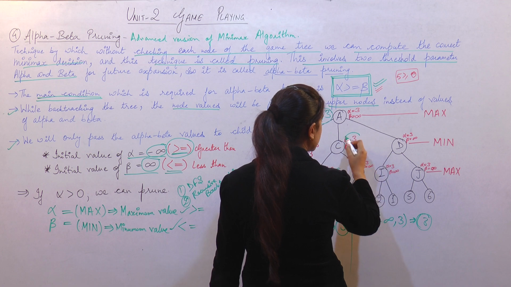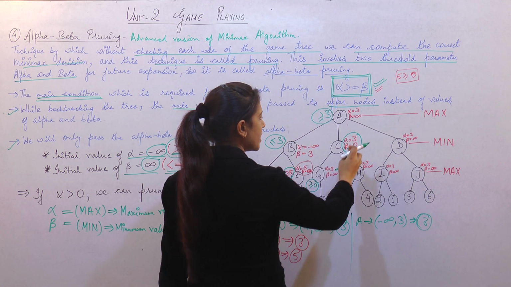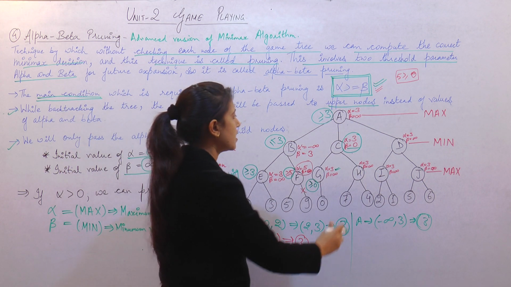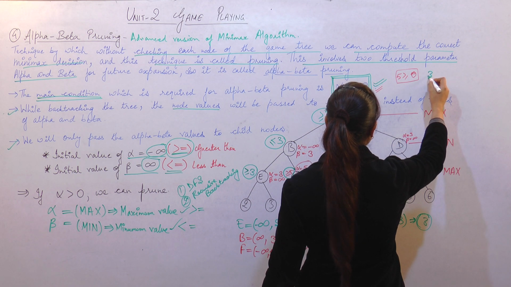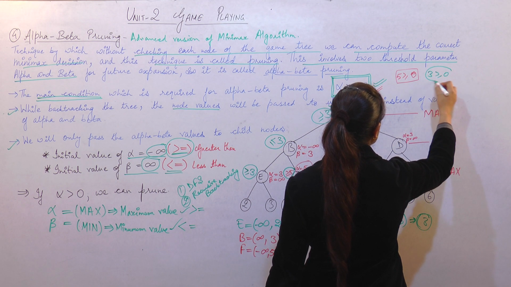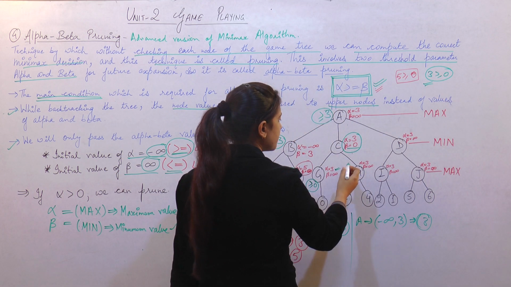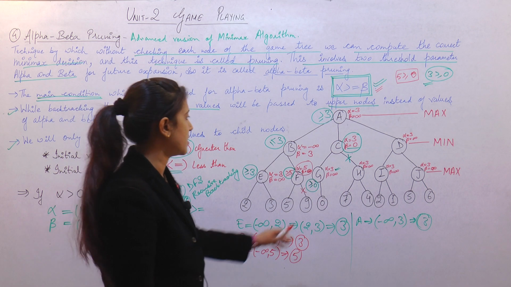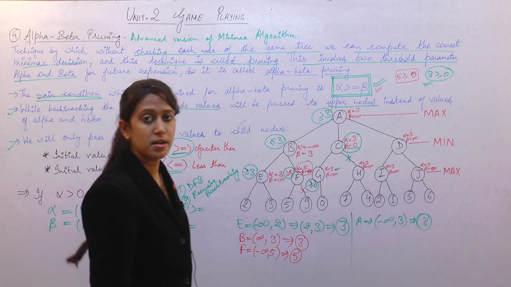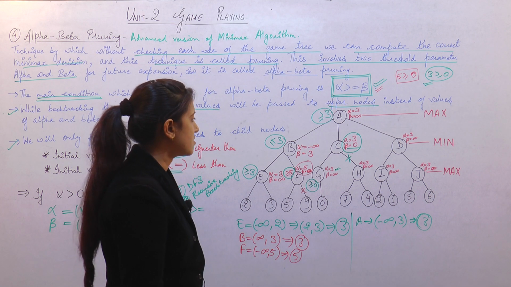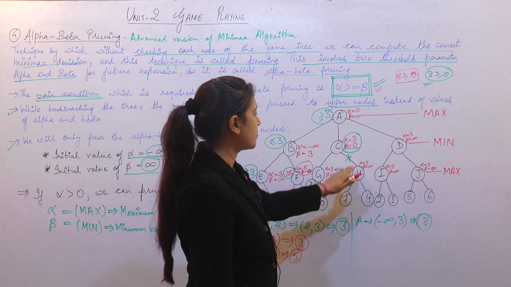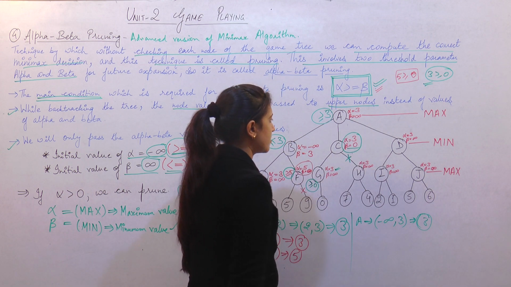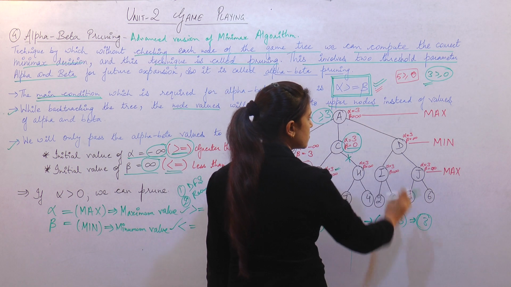After calculating the values of alpha and beta at node C, we again put these values in the main condition of alpha beta pruning. The value of alpha is 3 and beta is 0, so the condition is fulfilled. That means we will prune the further subtree of node C, because we have already got the best values at node C. Getting back to A, that means backtracking to A, we will move towards the next node D.